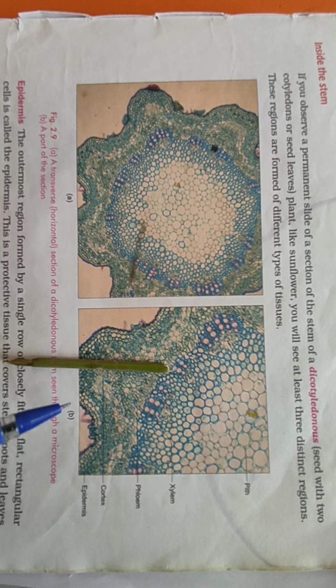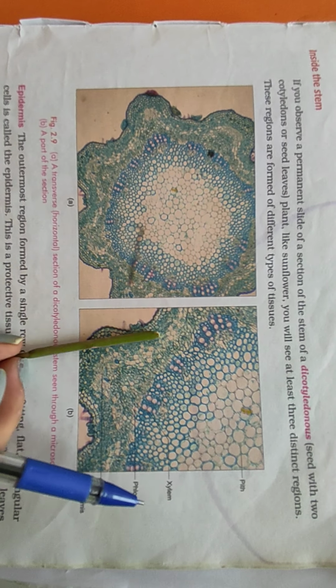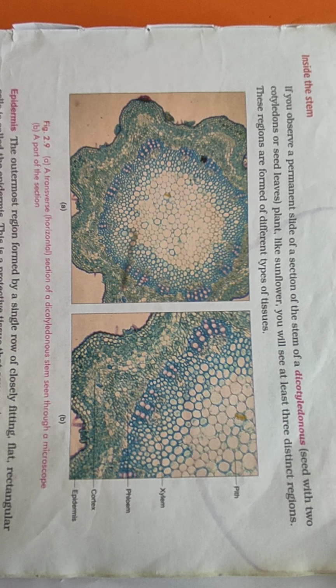So now if we see the inside structure of this, as I told you, when you cut this stem, the TS of the dicotyledonous stem means we will cut it from the center, and you will take a very thin piece, as when your mothers are cutting cucumber, they sometimes cut thin slices and sometimes thick. So if we take a thin slice of a dicot stem, what do you see inside that under the microscope? That I am going to show you.